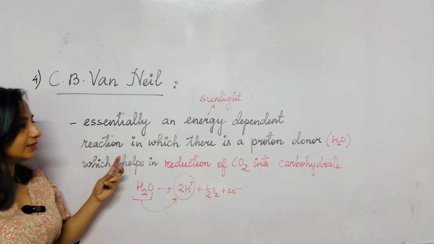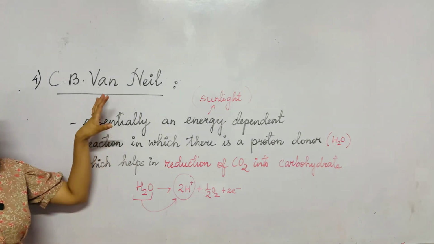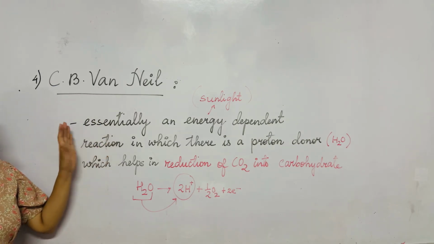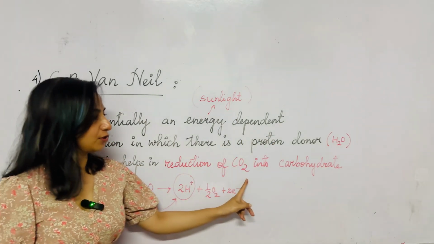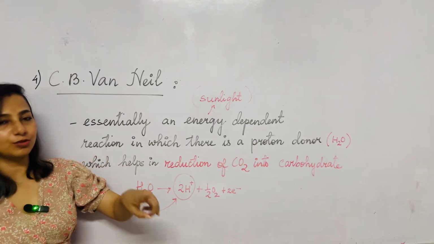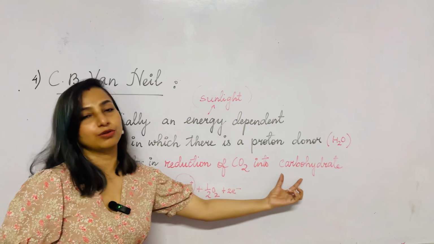Clear? So, if you look into the actual equation of photosynthesis, you get to know how much Van Neel has contributed. And he suggested that proton donor will help in reduction of CO2 into carbohydrate. Clear? In the dark reaction of photosynthesis, we will get to know how carbon dioxide is reduced into carbohydrate,